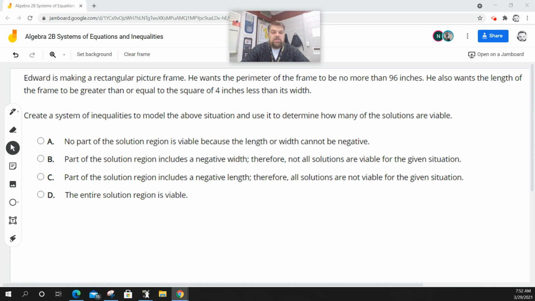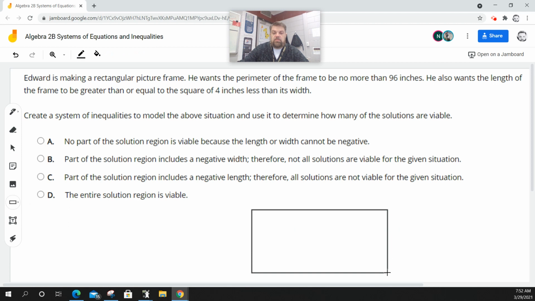So in this problem, Edward is making a rectangular picture frame, and he wants the perimeter. Let me make a little rectangular perimeter frame. He wants the perimeter of the frame to be no more than 96 inches. He also wants,